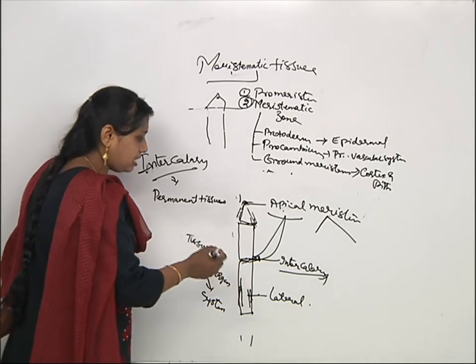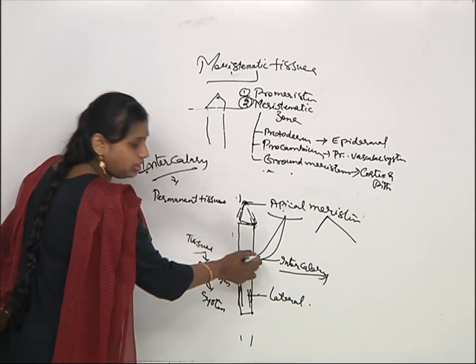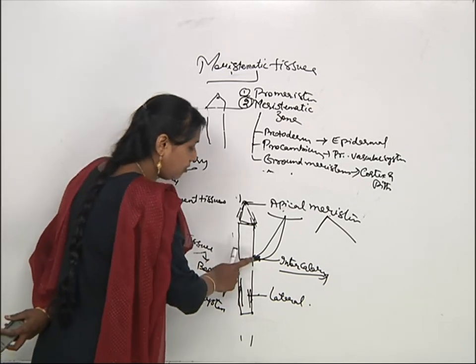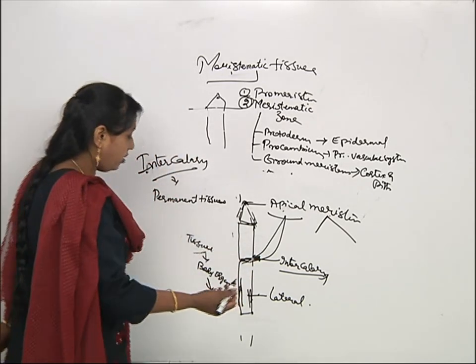For example, in grasses, these are normally present in the internodal regions of the leaves. This may also be helpful in the development of the flower or new branch from this region. Now next comes the